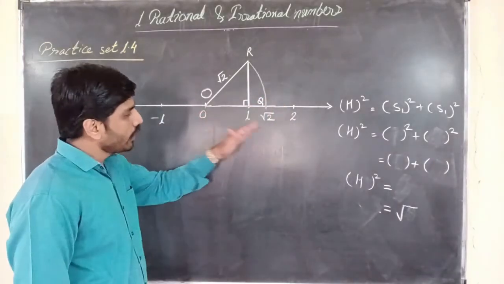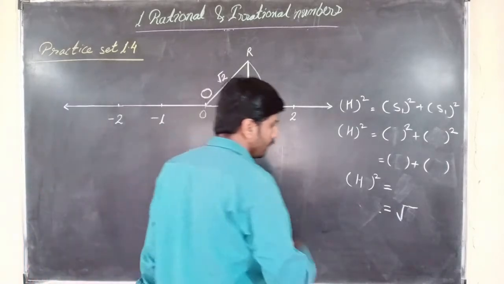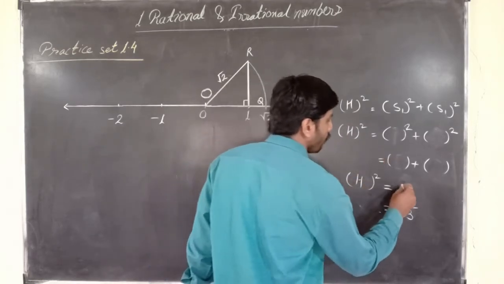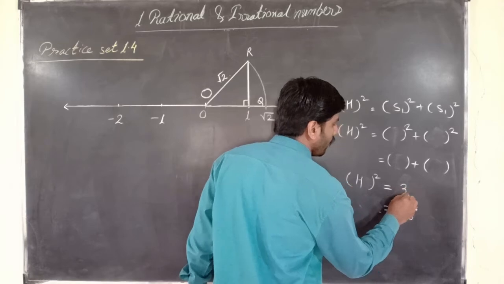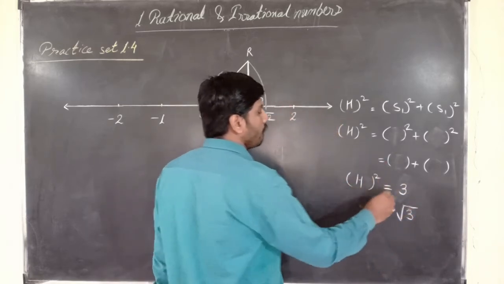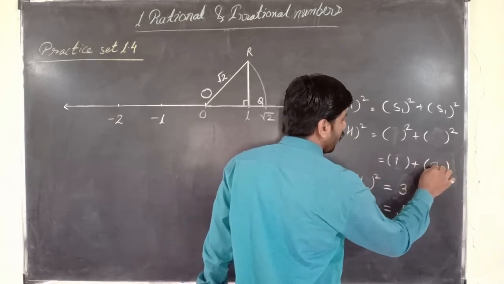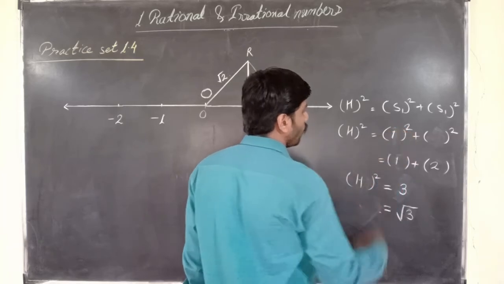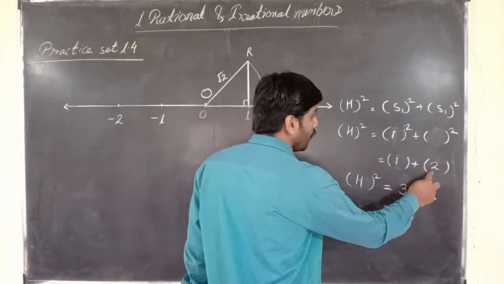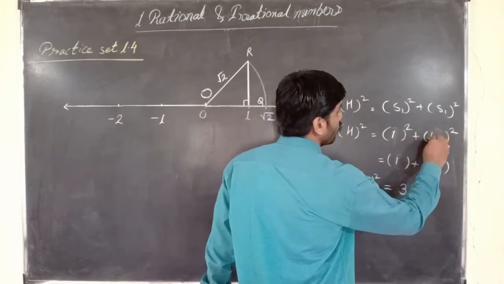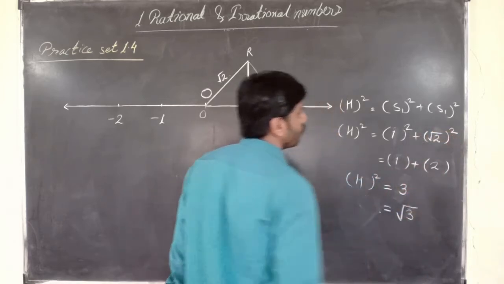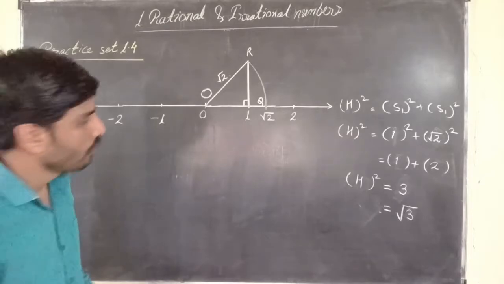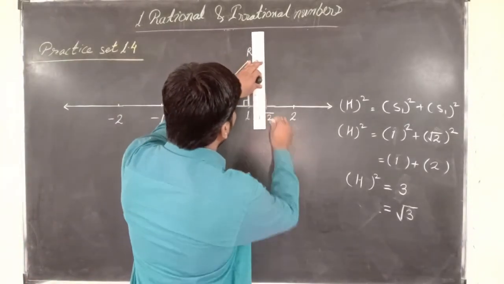Now we'll try to show square root of 3 on real numbers line. So for this, if we need square root of 3, it means we need a hypotenuse square which is 3, and addition of 1 and 2 is 3. We know that 1 square is 1, but which is that number whose square is 2? That is square root of 2. Now we already have length square root of 2. We'll draw a perpendicular on square root of 2.